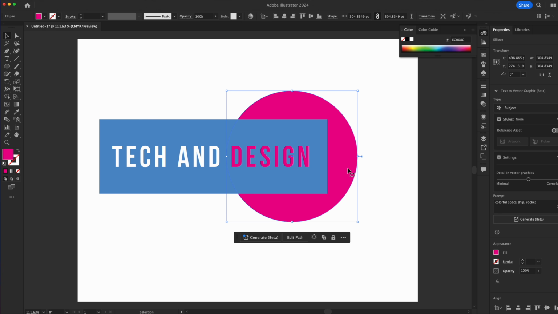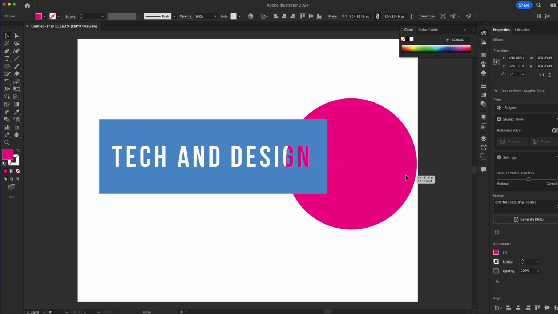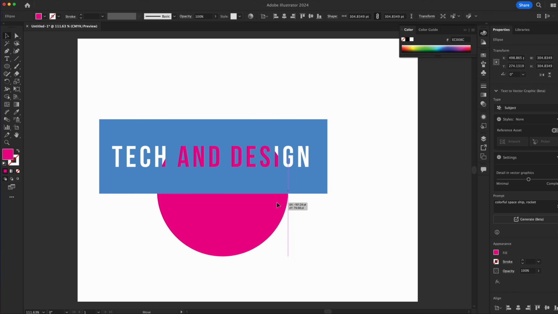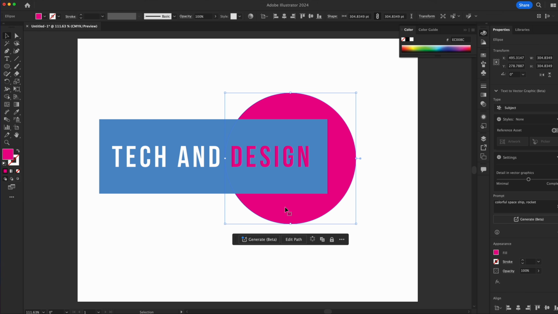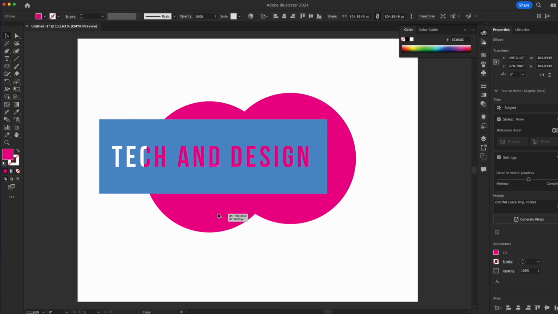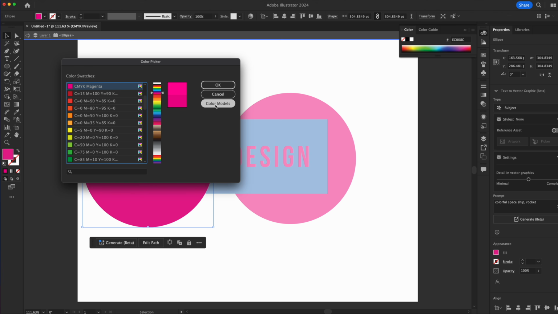And once again, this is what we just made. And this is why I'm teaching you guys this, because it's something extremely useful. So again, we can arrange this to be the front, middle, or whichever. If we click on the Option key on our keyboard and we drag this out, we're going to make a copy of this. We can just change up the color, go into color swatches, and we're going to choose this one, for